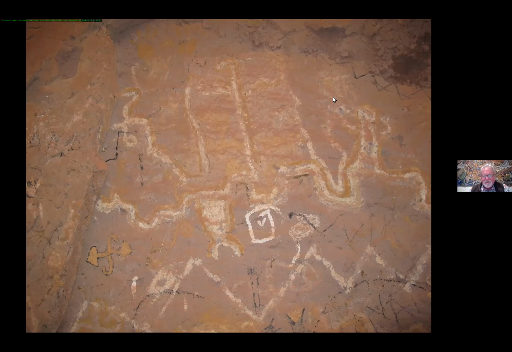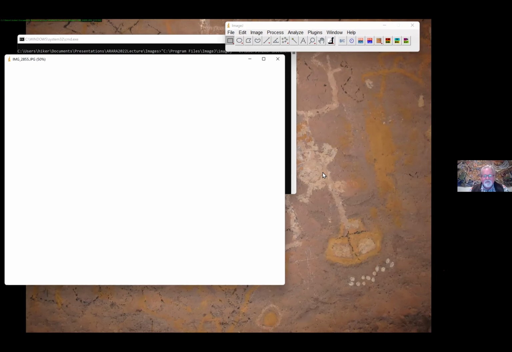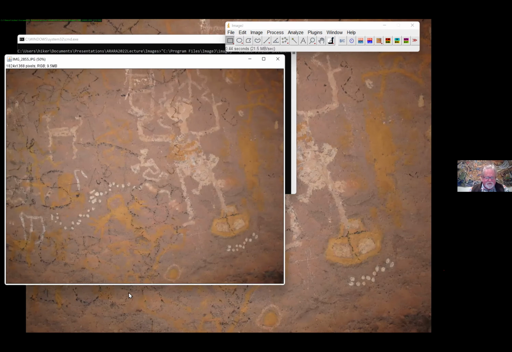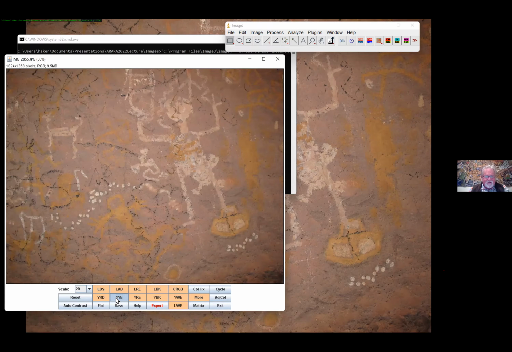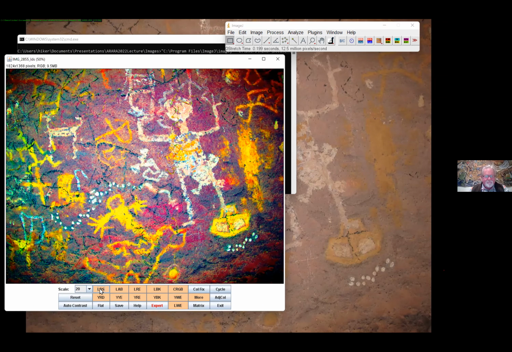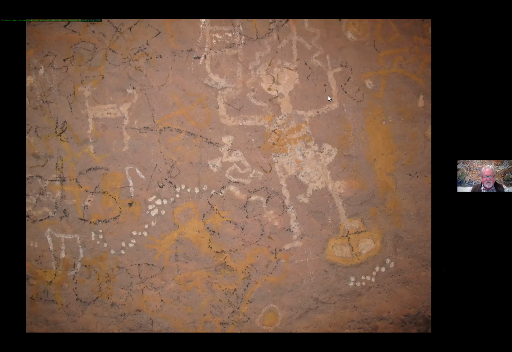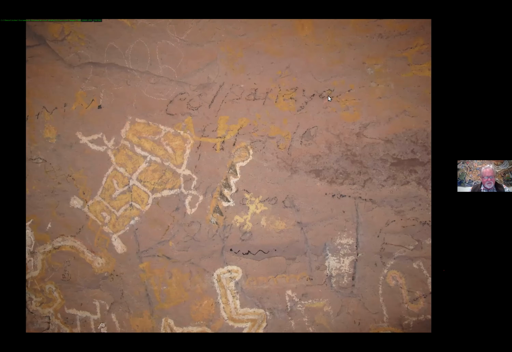Let's see, I've got a bunch. Let's go with this. Got a bunch of these images, all of them doing the, all of a sudden things just pop out at you that you didn't see before. I think that's what's so amazing about this enhancement. Okay. All right, so